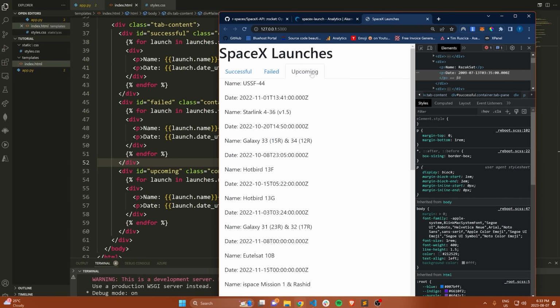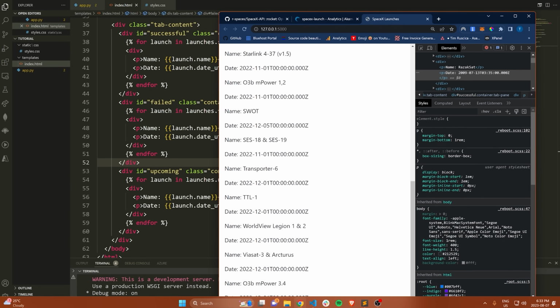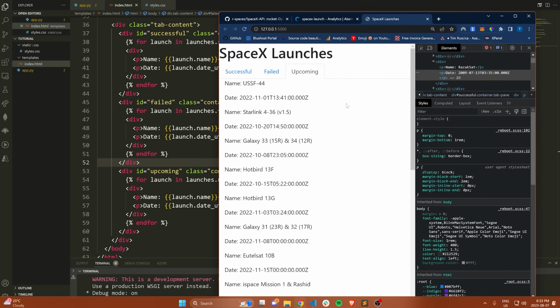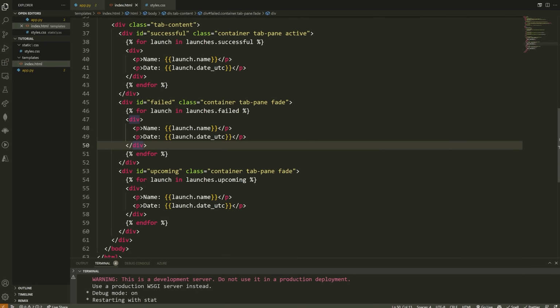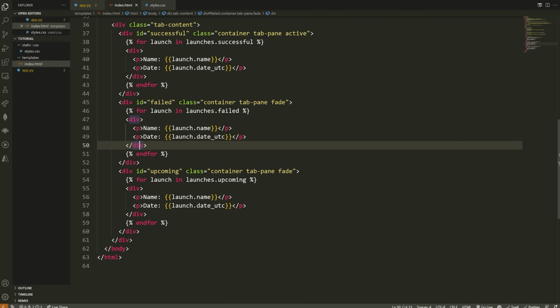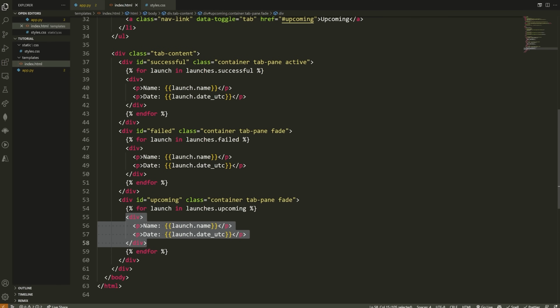All right, so now we have our different tabs here. We're switching between at least the correct types of launches that we want to be viewing. Now what I want to do is make these look a bit nicer, right? Where we have an image and we have some more information because, well, this is kind of difficult to read and it's not very useful for us right now. So what I want to do is change essentially the div that I'm rendering for each one of my elements or entries. Now the thing that we want to consider is that I don't really want to write the same code 3 or 4 different times.